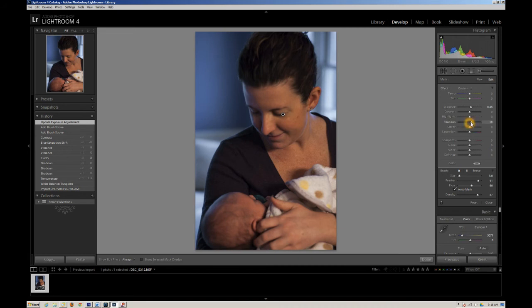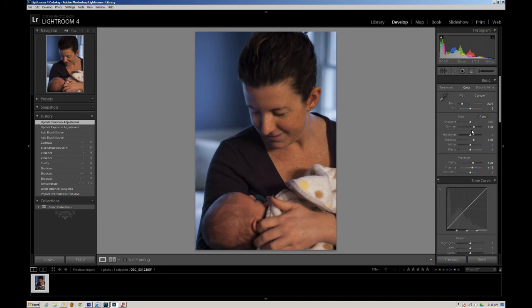We might also consider bringing the shadows up, because obviously that's a shadow region, and that's going to affect this area more than it would, say, the highlights on the nose. So that's a good thing. Overall, we added some contrast. You look at the histogram, it looks pretty good. We don't want to go too much farther to the right because we have some obvious areas here where we would lose some detail. But again, if we bump this up a little bit, make sure that we have good exposures for the skin tones,